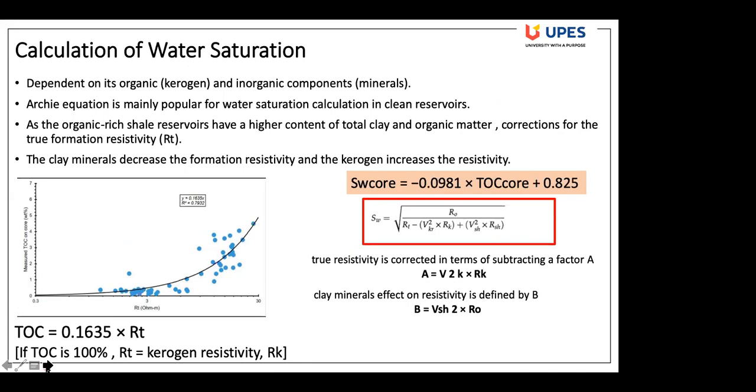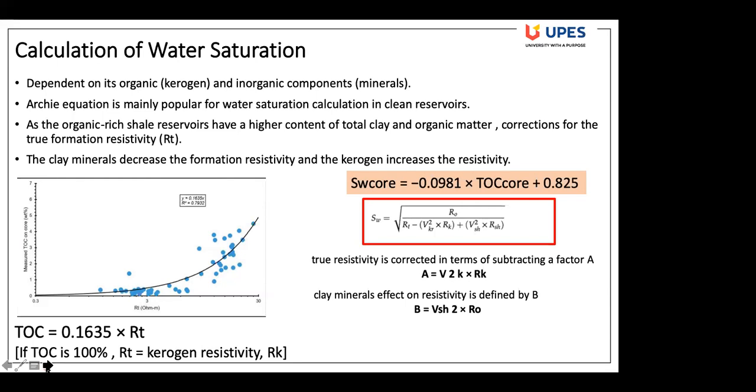Archie's equation is popular for water saturation in clean reservoirs, but this equation you cannot use for unconventional reservoir. As the organic rich shale reservoirs have a higher content of total clay and organic matter, corrections for true formation resistivity are very important. Because of the clay presence in the shales in high quantity, clay minerals decrease the formation resistivity. On the other hand, kerogen increases the resistivity. So you have to